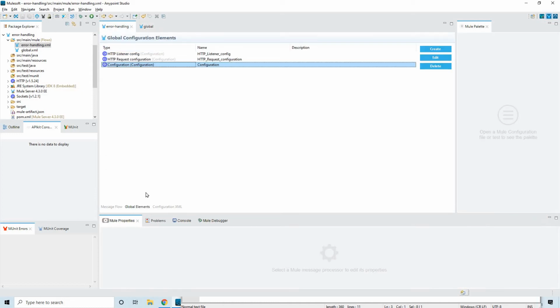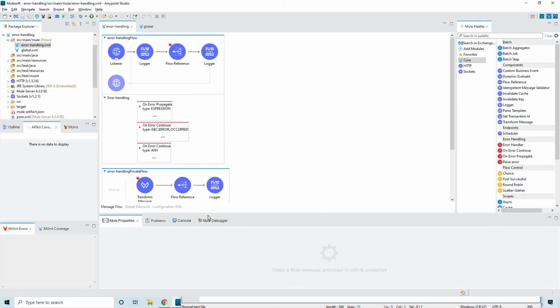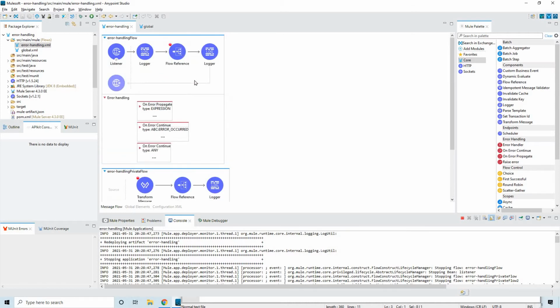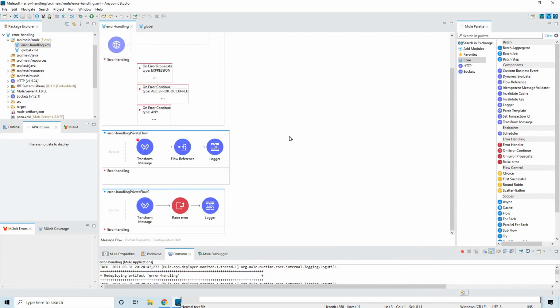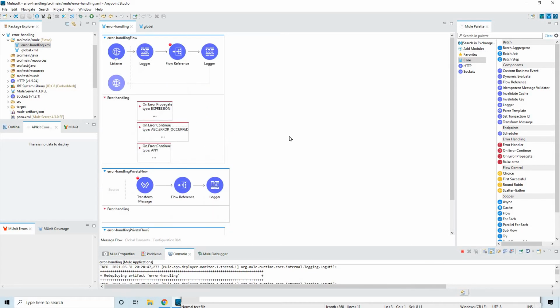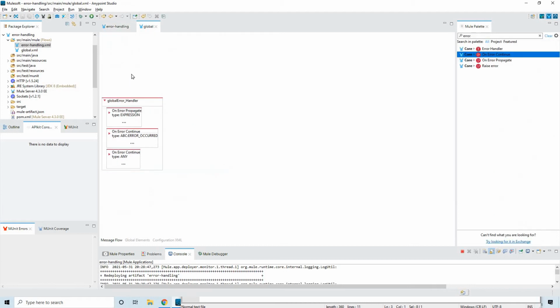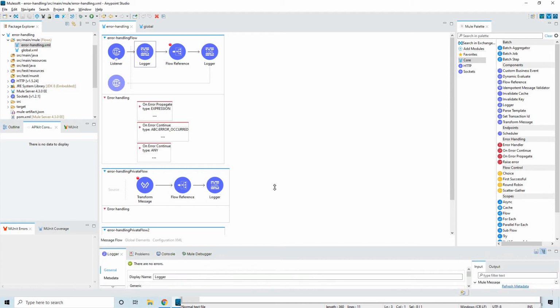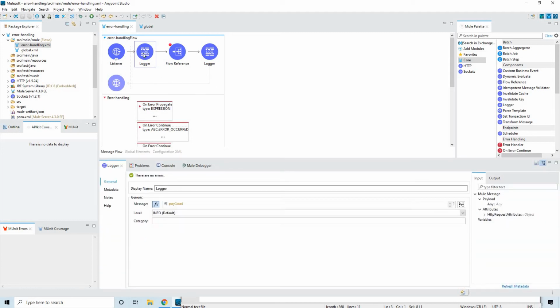This is very similar to the previous flow, whatever we have been seeing for the last few sessions. The only thing is that I have added this global error handler, nothing else. Anyway, if you would like to go through it once again, we can.